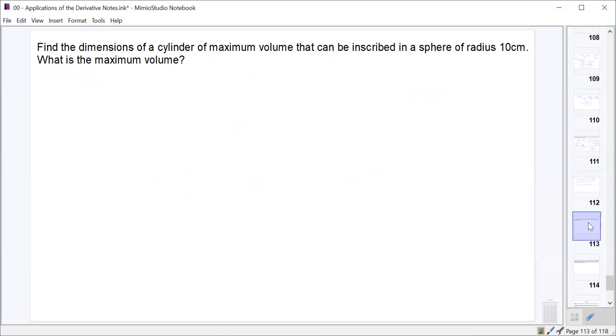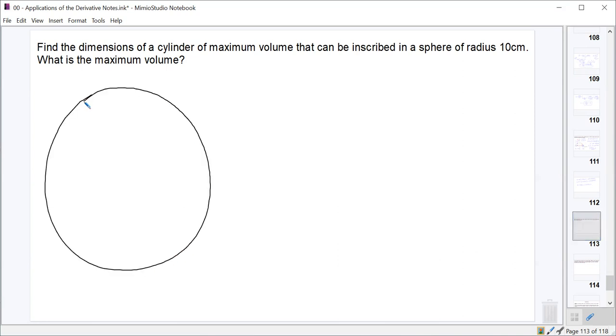For this one, we're going to inscribe a cylinder into a sphere with a radius of 10 centimeters and try to find the maximum volume of that cylinder. So, in order to do that, first let's sketch out a sphere. So here is a circle, which I'm going to then turn into a sphere